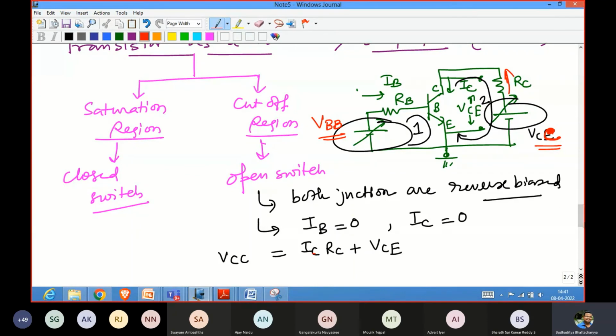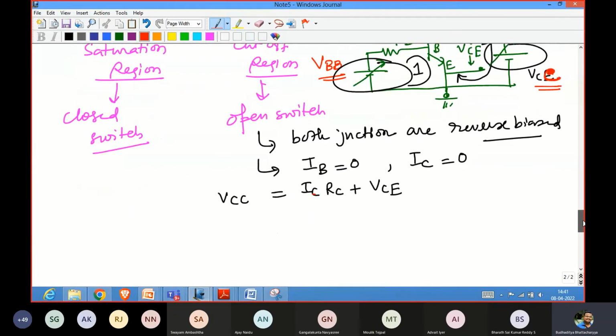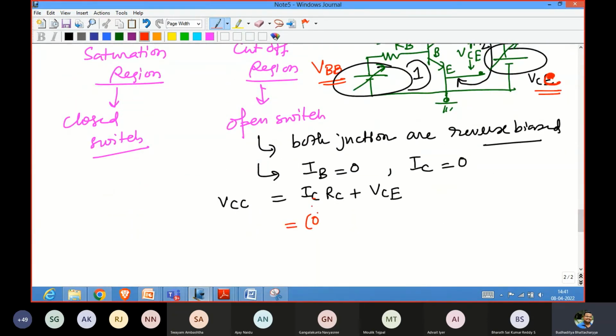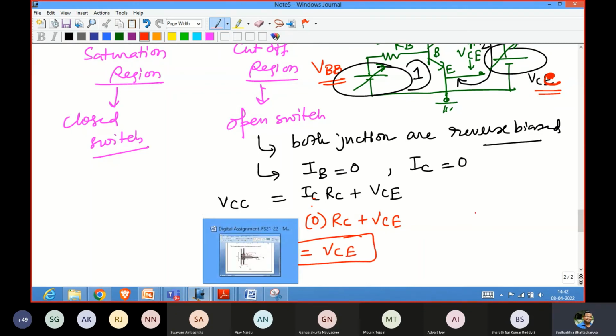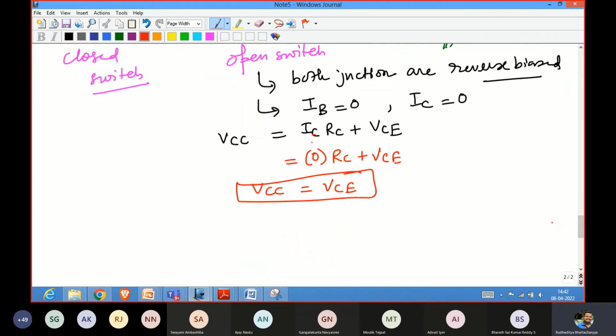Now, as per our assumption, since both the sides are reverse biased, what is happening? IC is equal to 0. So 0 into RC plus VCE. So this is 0, which means VCC is equal to VCE. So now observe the significance of it. In this condition, you can observe,